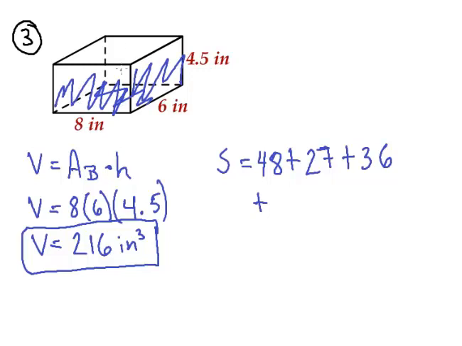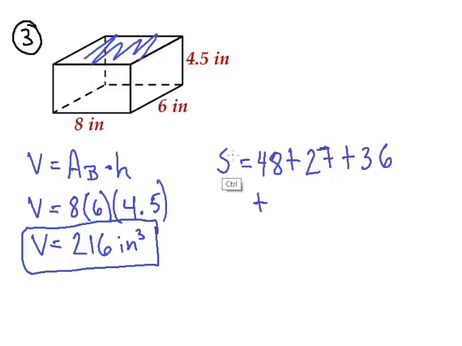Okay, we have the bottom, we have the right side, and we have the front. We are missing the top, the left side, and the back. So let's go in that order. The top is, well, 8, right? Just like the same as this one. And in here will be 6, just like the same on this one. So 8 times 6 will be 48. Plus